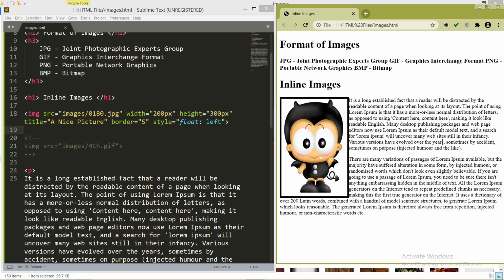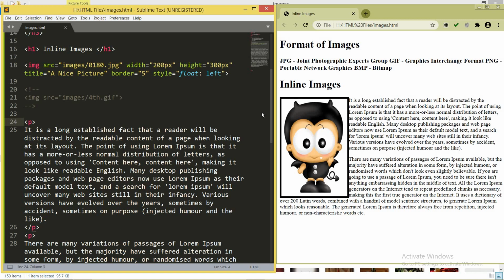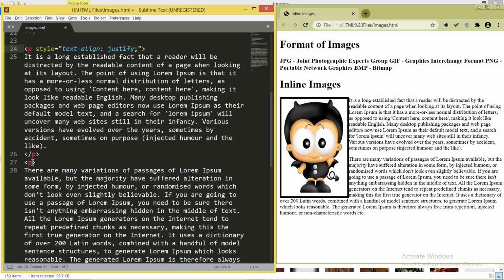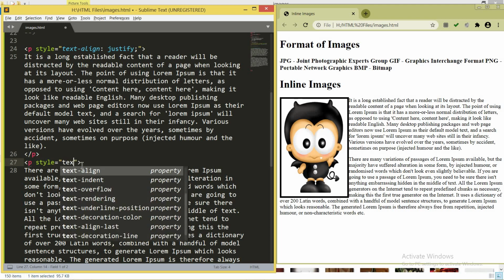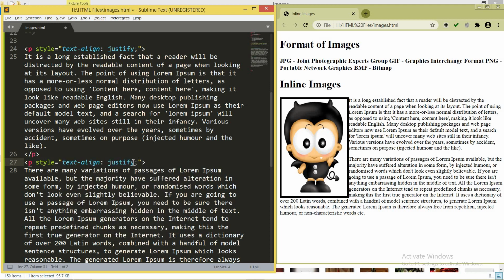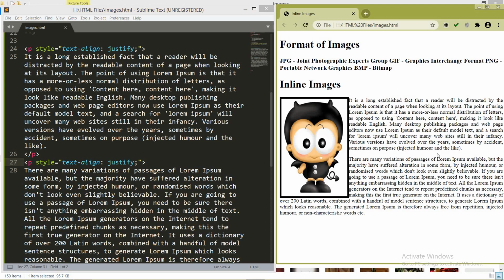One more thing, you can see in my previous videos I told you about how to set the alignment of the text. Here I just set the alignment to make it more compatible. I say p style text-align, I say justify. I hope you already know about text alignment justify. Justify means your text will be in symmetrical form towards the left direction and towards the right direction. See the output. This is called your justify alignment.